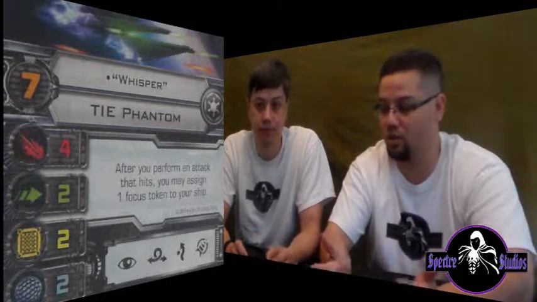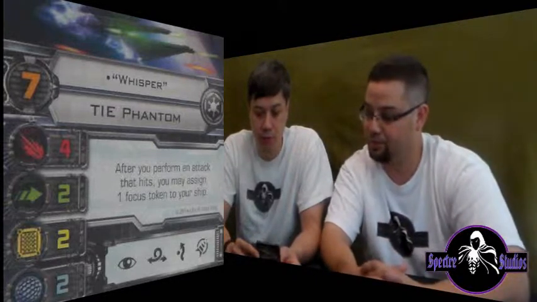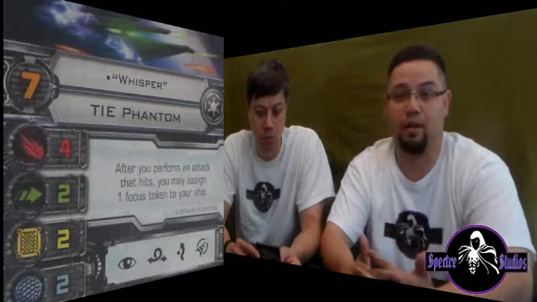The new cloak. Yeah. And compared to some of the other recent unboxings that you just might have watched with us, only 32 points. So he's pretty good. About 3 or 4 cheaper than some of the ones you saw, but he is only, again, Whisper is a 7. Whisper can, after you perform an attack that hits, assign 1 focus token to your ship. So free, consider that a free action. Yeah, that's pretty good